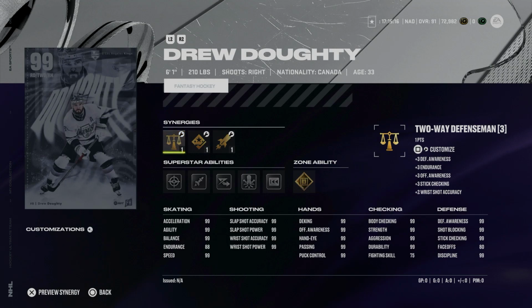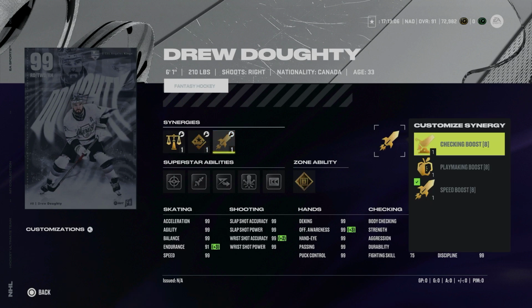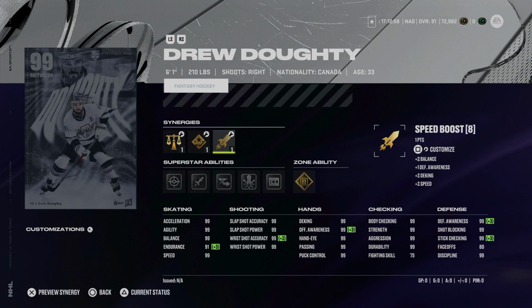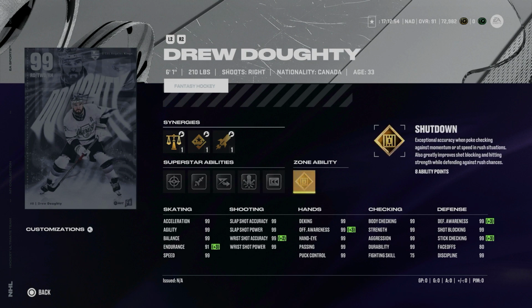Drew Doughty. And unlike the other fantasy cards that we went over yesterday, his endurance is actually pretty good. And when all is said and done, you can actually increase his endurance to even higher than the 88 that he comes in at. You can get +3 from two-way defenseman, another 2 from accelerator boost, and then finally an additional 2 from checking boost, meaning that you can get it up to 95. That makes him essentially 99s across the board with gold shutdown, effectively one of the best cards in the game,